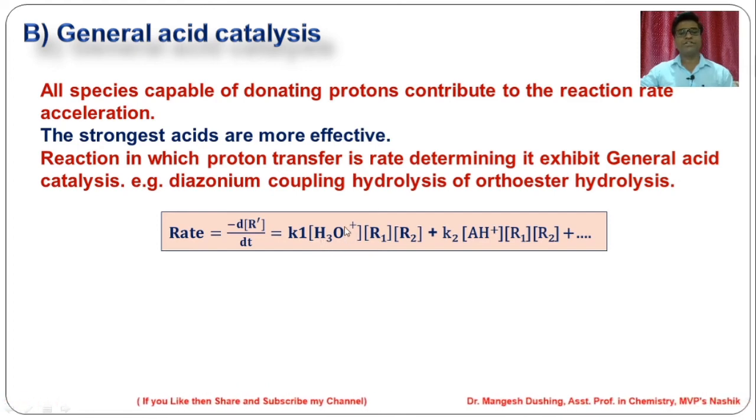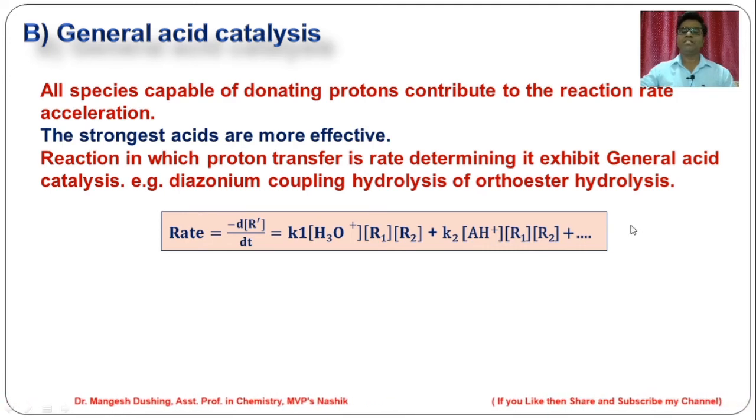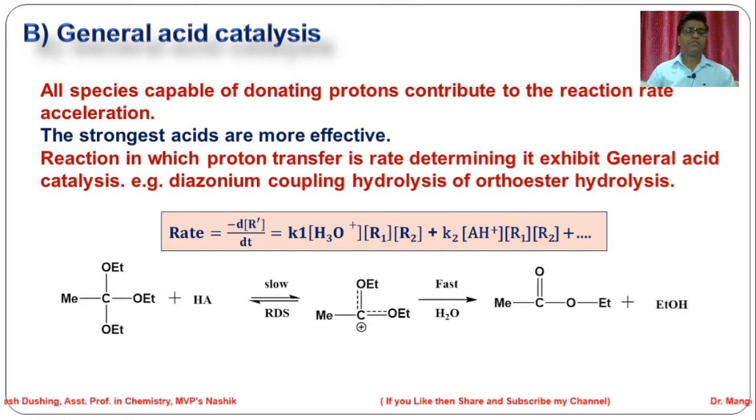For example, H3O plus is capable of donating a proton, as well as AH plus, which is also capable of donating a proton. So the rate of reaction depends upon H3O plus as well as AH plus and any other species which are capable of donating a proton. For example,